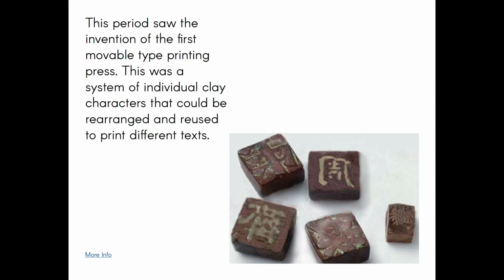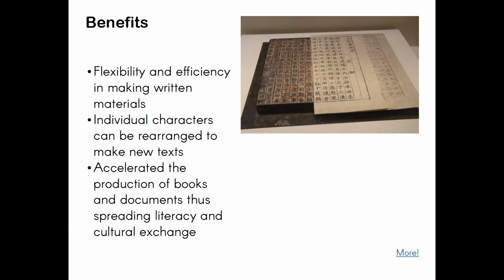While, of course, Gutenberg tends to get the glory of this, it was already invented over in China. And what they were creating was these individual clay characters that you could rearrange and reuse them to print different texts. I know some of you in your notes were talking about you had interest in letterpress. So in theory, you could think of this as really early letterpress. And there's just another view of this. What's nice with this is it's flexible, it's efficient, especially when you're making written materials. These individual characters, of course, like we just said, just like the letterpress, can be rearranged to make new text. And it's going to speed up the production of books and documents, which is in turn going to spread literacy